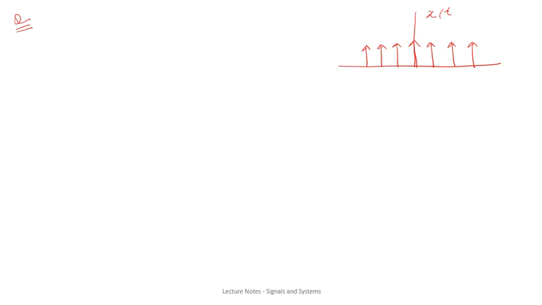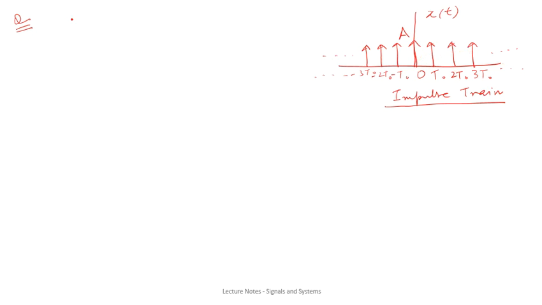This is a signal which is given. It consists of different impulses at different locations: 0, t naught, twice t naught, 3 t naught, and so on in this direction, and here also minus t naught, minus twice t naught, minus 3 t naught, and so on. So this is actually called the impulse train. This signal is called the impulse train because you can see here that there is a train of impulses present in this signal.